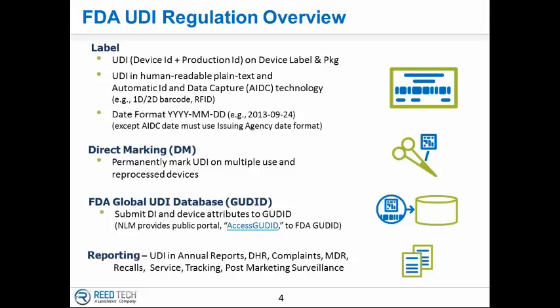What we have seen some companies do, by the way, is start plans and realize, okay, it's past September, it's a Class 2 product, and I'm not going to bring it out. So they have them also get the UDI on the product. But UDI label date